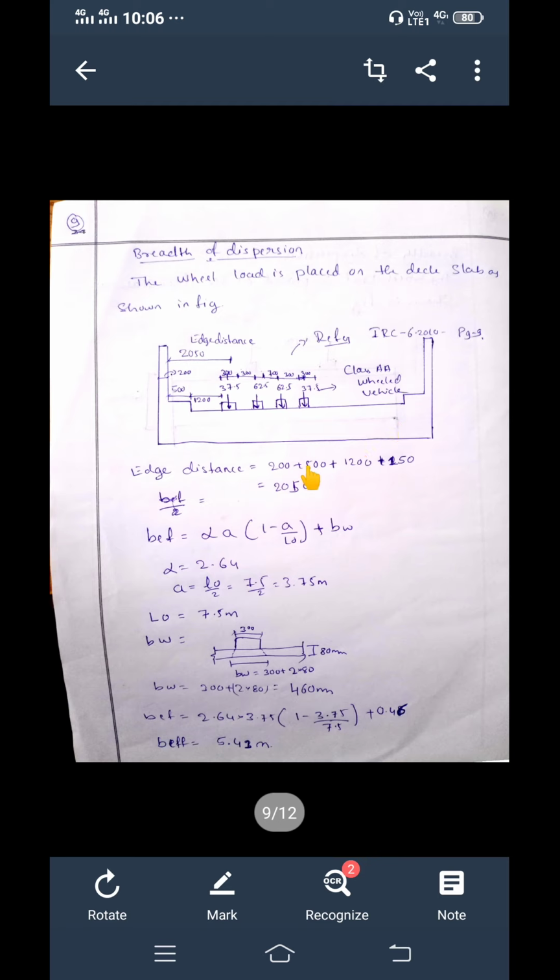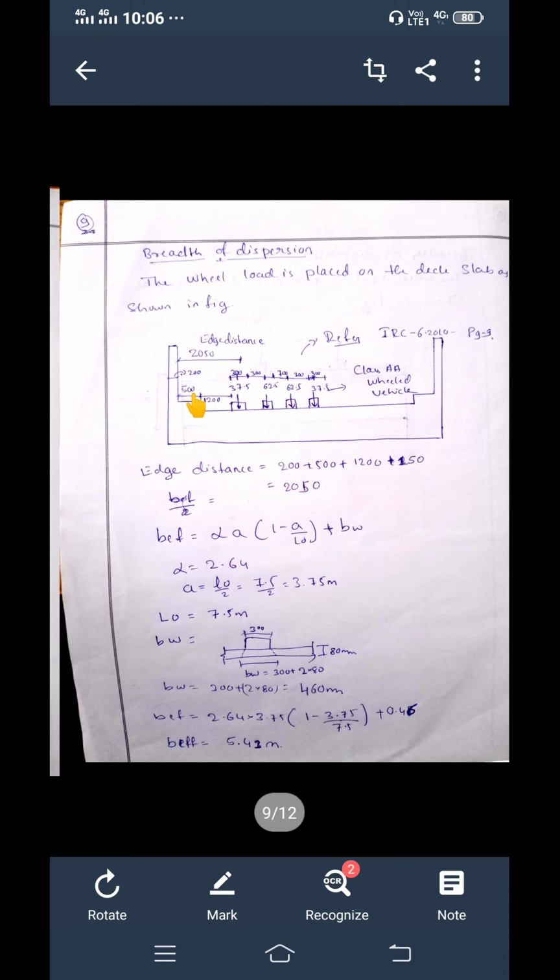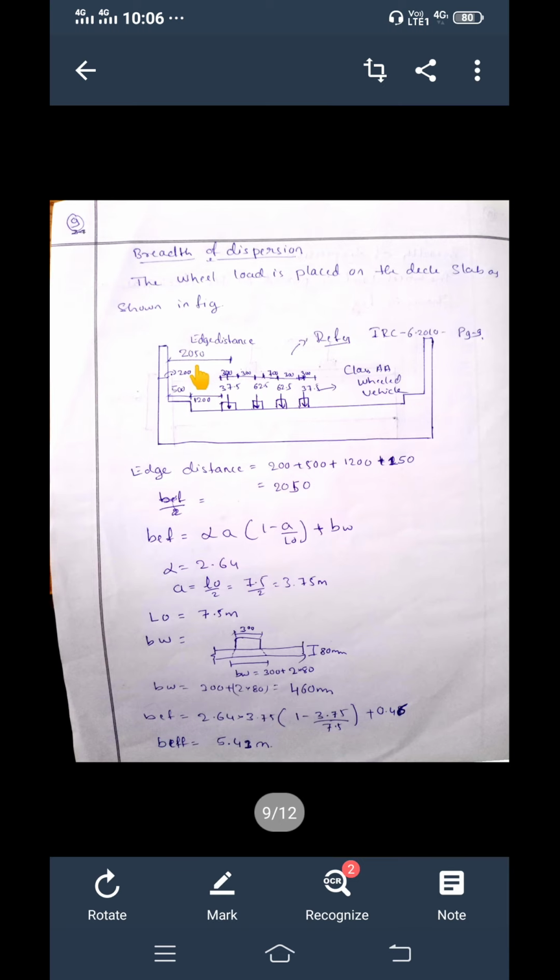Now, how should you keep your vehicle? It should be away from the edge. From the edge it should be 1200 mm away. Clearance should be given. So let us find the edge distance now. Edge distance is equal to this clear distance plus 500 mm plus 200 mm. What are 500 and 200? Kerb thickness and